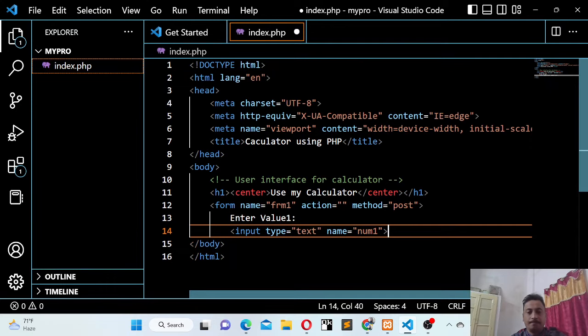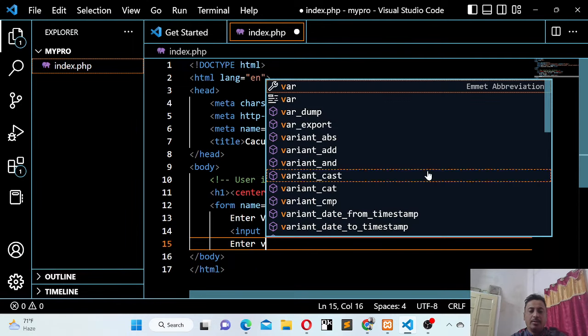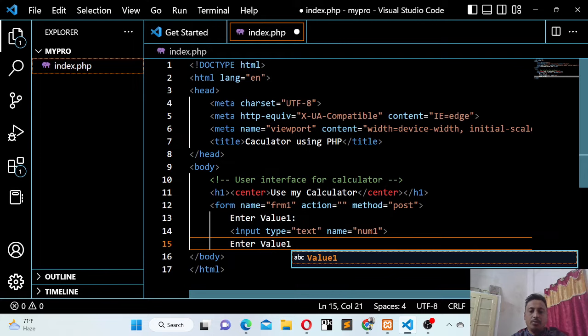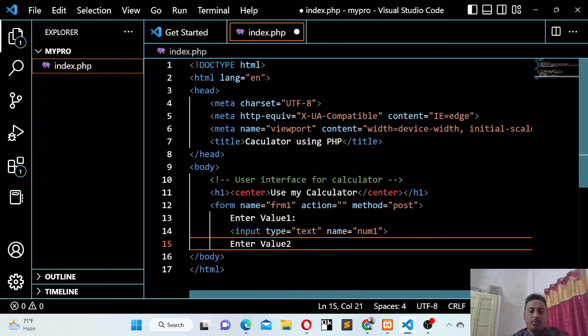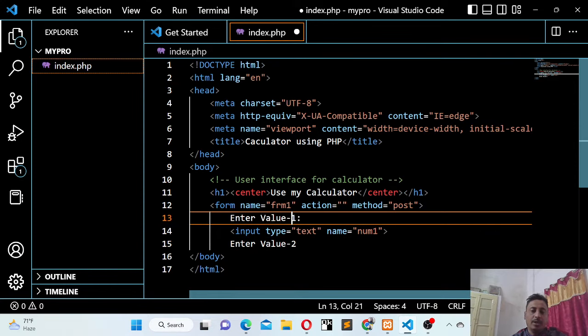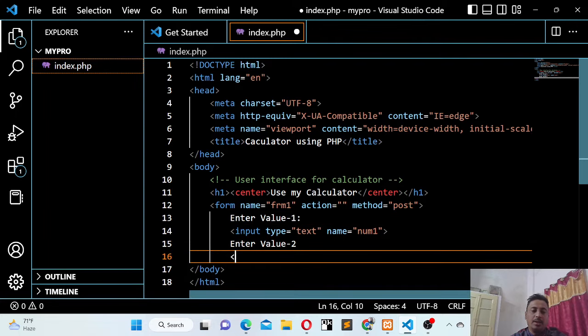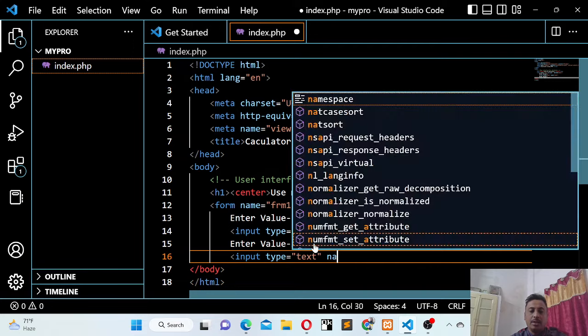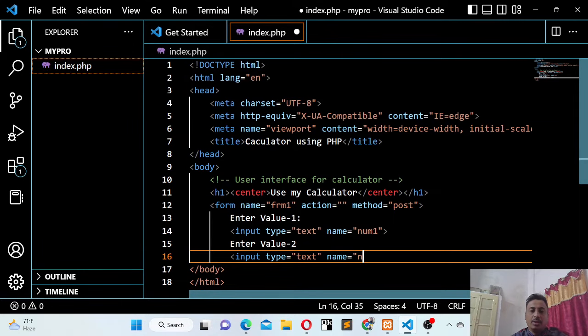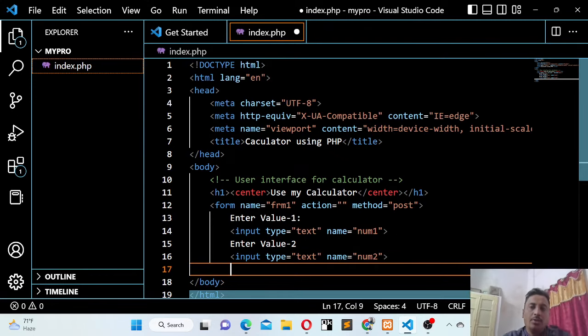Then enter value 2, then again input type equals to text, name equal to num2, close. So now you can create option buttons so that you can choose your option for addition, subtraction, multiplication, okay,